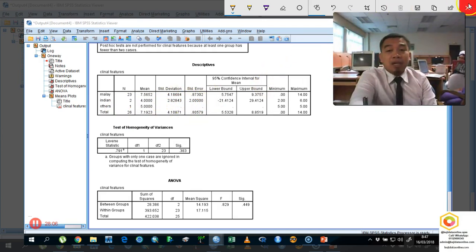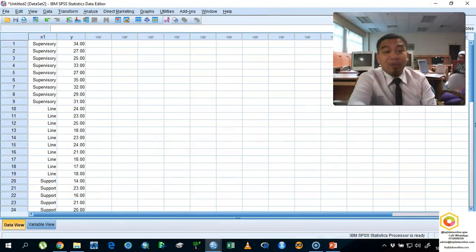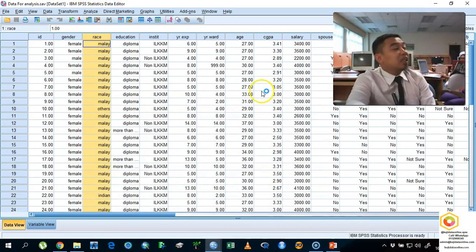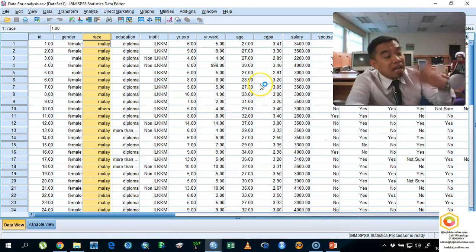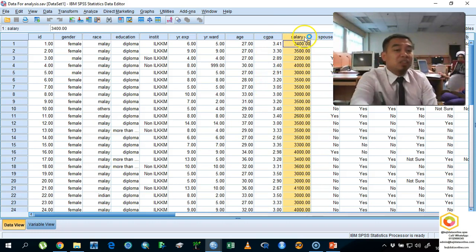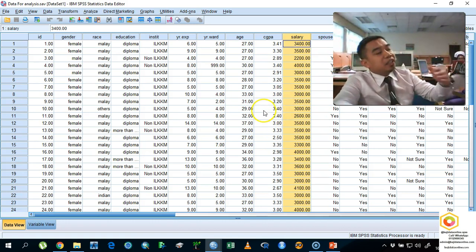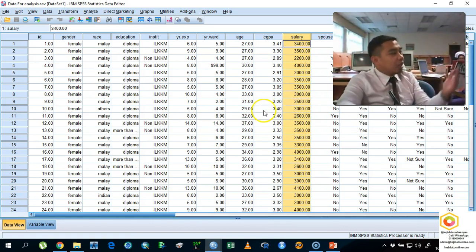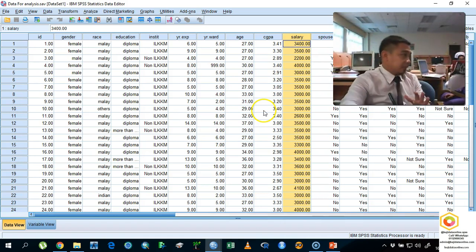Never mind. Now we are going to create one specific group so that we can reanalyze the ANOVA with that new group. Okay, we are going to make a group based on salary. Are you ready? We want to make a group based on the salary so that we divide the salary into 3 different groups. And after that, we are going to reanalyze the ANOVA using the factor of 3 different groups of salary. Okay, so far you got the idea, right? Okay, but